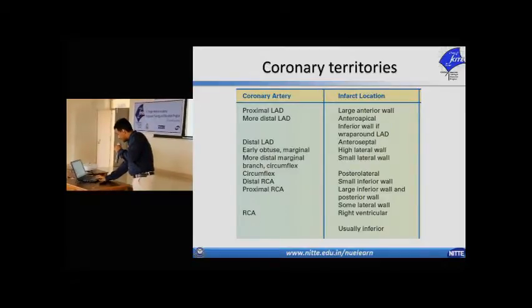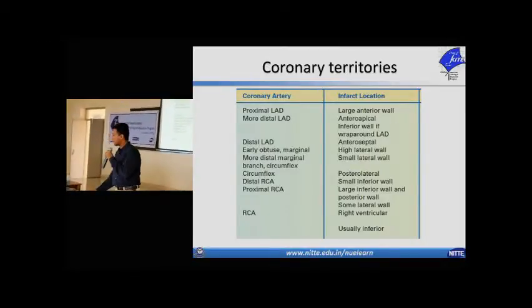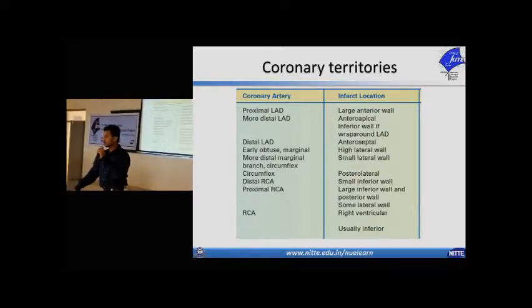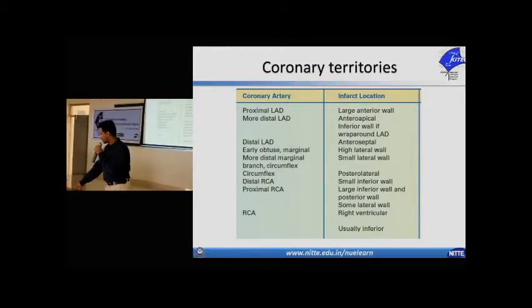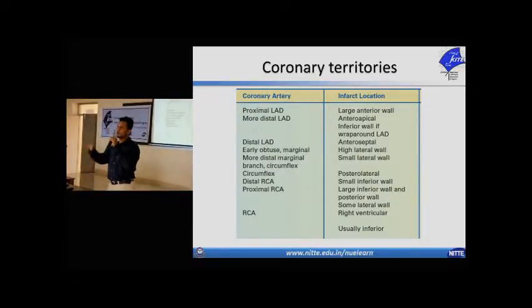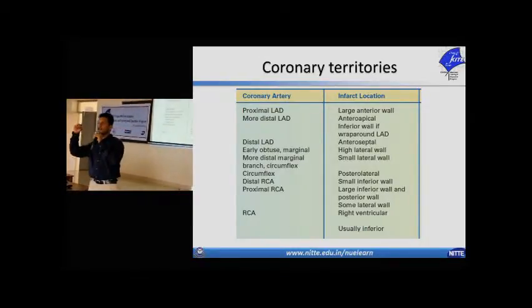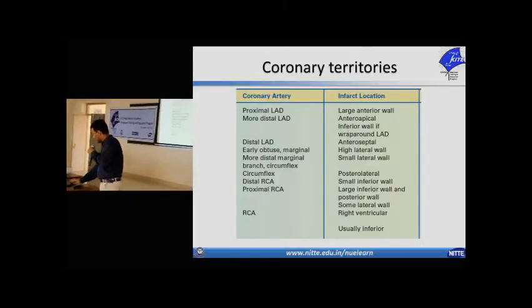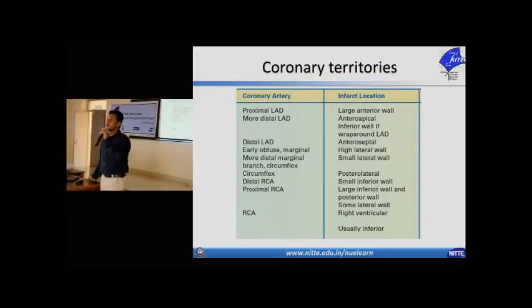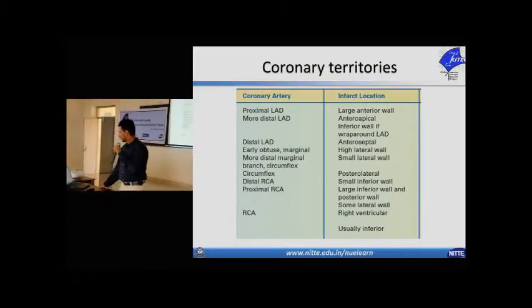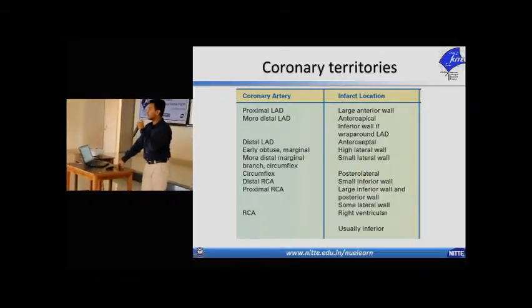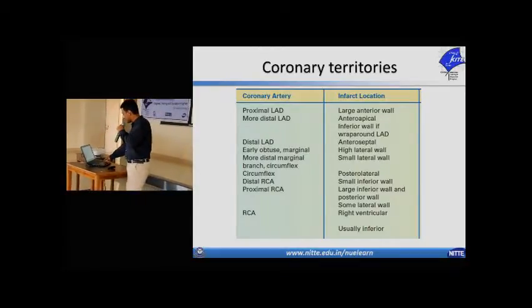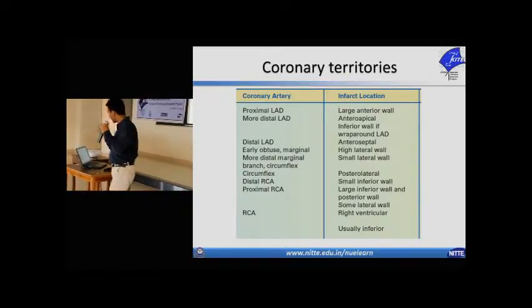Again, the circumflex branch of the left coronary artery, again most common. If it gets blocked, it causes the infarct in the posterolateral part, that is the left atrium and the posterior part of the left ventricle. Then the right coronary artery, if it gets blocked, it causes ischemia in the right ventricle. It is usually inferior. So these are the territories of the coronary arteries which are going to get affected with the block in the